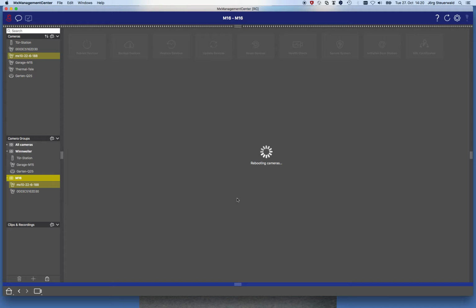After that procedure, the cameras will reboot, and then after that the root certificate is created, and all the cameras have their individual camera certificates. If you need to go to the next management center, then you take the stored root certificate in the desktop folder, copy that to the next machine, go to the management center, open SSL certificate, and only choose one camera, that's enough. And then you choose upload root certificate, and then you choose the stored root certificate and upload that